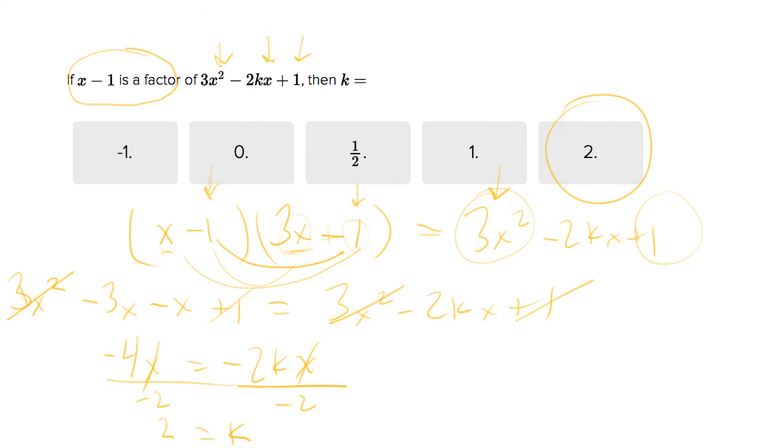Just to recap, what we did here is we factored this out from the given expression. We used our FOILing to figure out what the other factor must be. Then we FOILed the whole thing out, and we solved for the middle term, which generated 2 equals k. Confusing, but really helpful if you can